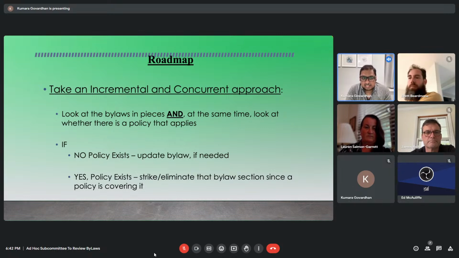So looking at the bylaws in pieces, and then also at the same time looking at whether there is a policy in our policy handbook that applies. So essentially we decided at that time, if no policy exists, then update the bylaw, especially to modern times. And if there is a policy that exists, then move to strike or eliminate that bylaw section since a policy is covering it. So I wanted to review that with you two.